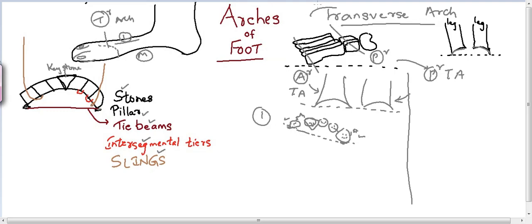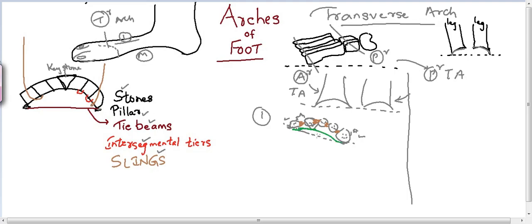The intersegmental tiers are the interossei muscles. I'm talking of intersegmental tiers here. They are the interossei muscles, especially the dorsal interossei, because they are bipinnate muscles. So dorsal interossei. Whereas the tie beams are the ligaments: the deep transverse metatarsal ligaments are the tie beams,